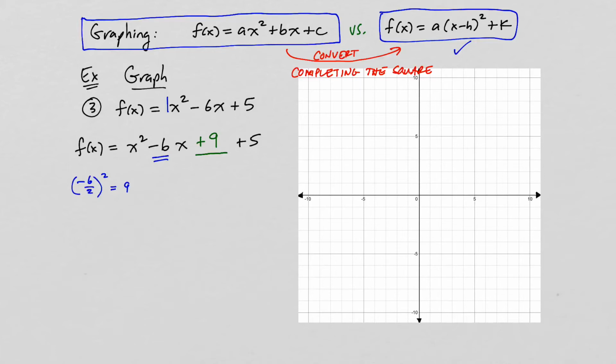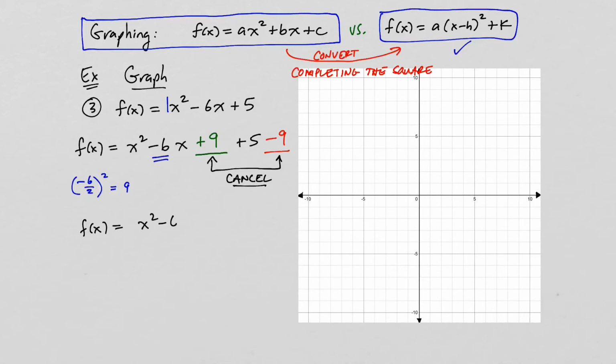But if I add 9 and I don't do anything else, I've changed the problem. So what I'm going to do over here on the other side of the 5 is I'm going to subtract 9, because this 9 and this -9 here, those cancel each other out. And what I mean by that is we haven't changed the equation. Now, of course, we're not going to cancel them, because if you cancel, you just get what you started with. Instead, what we're going to do is we're going to regroup this problem,